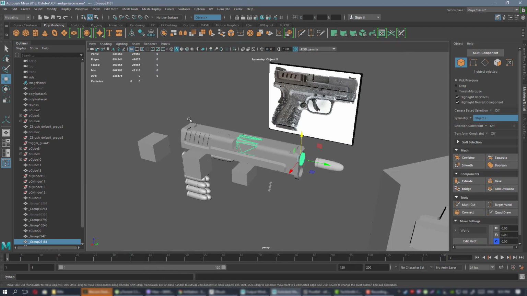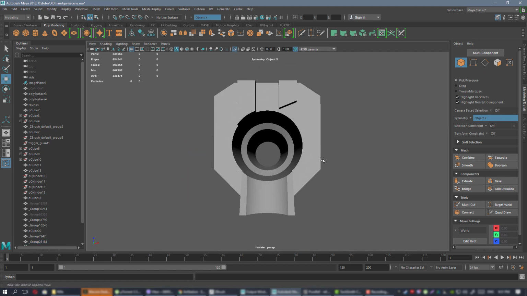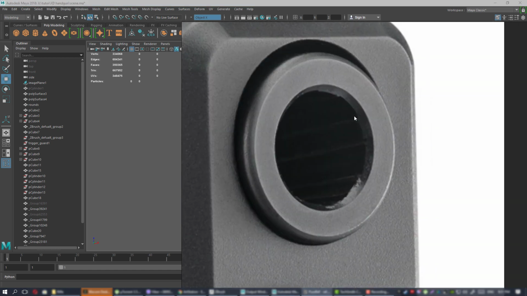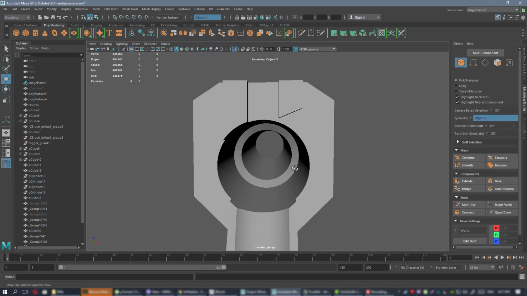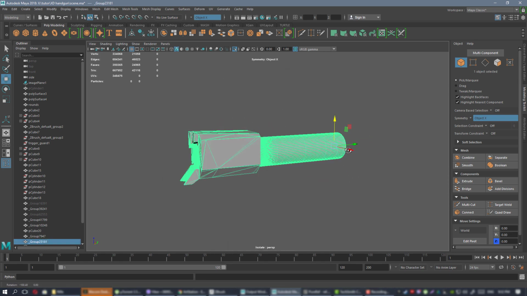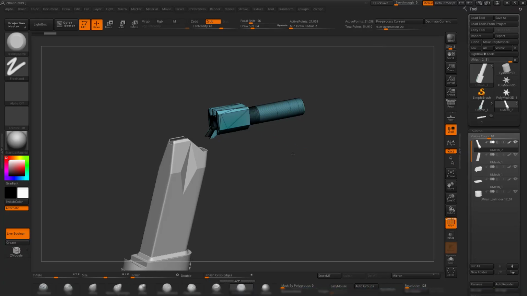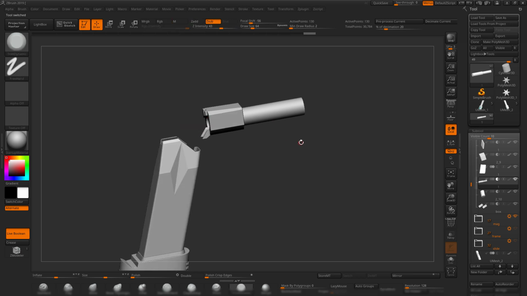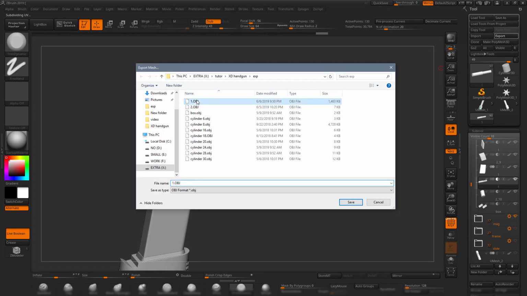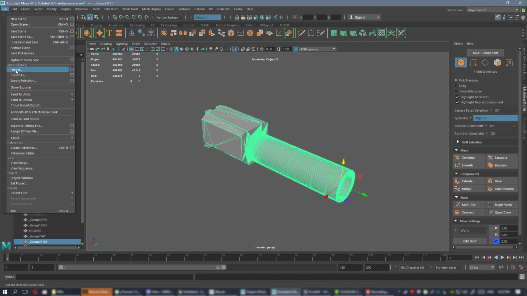Okay, so how do we do that? Let's isolate this guy. It's a pretty square rifling, as you can see. So in order to do that, what I'm going to do is export this cylinder so that I could use it for the center of the barrel,